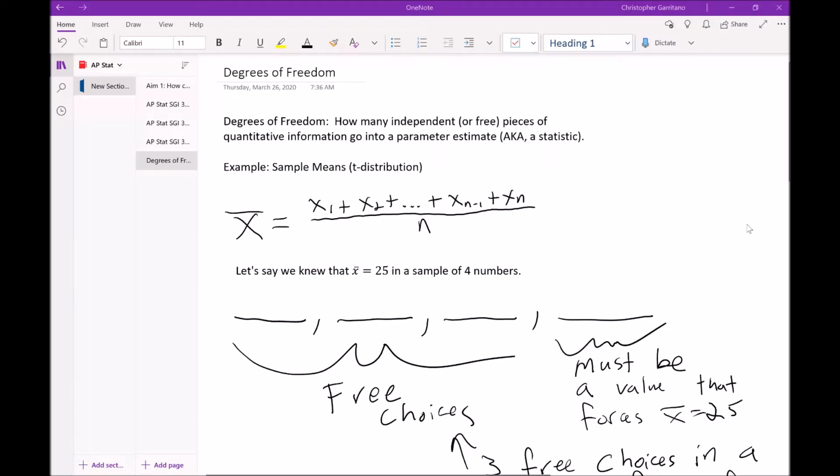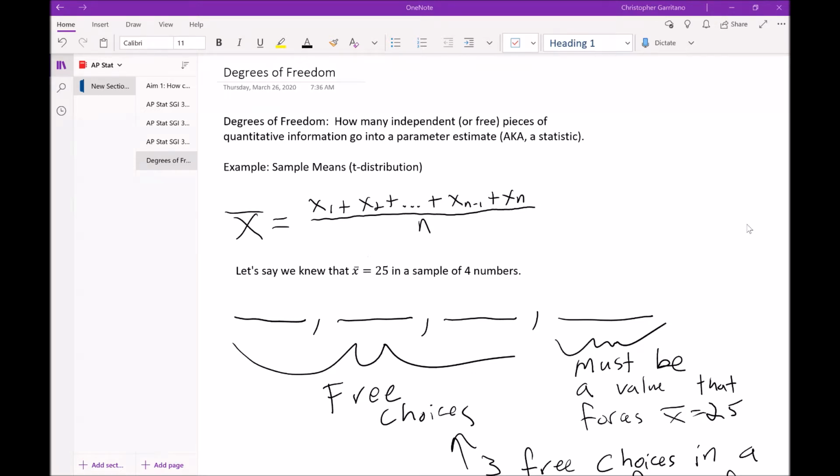Hey everybody, I just wanted to do a couple of short videos today. One of them addressing this concept of degrees of freedom, and then later on I will do one involving the idea of why do we use the t-distribution when we are running inference procedures on means rather than the normal distribution, right? So